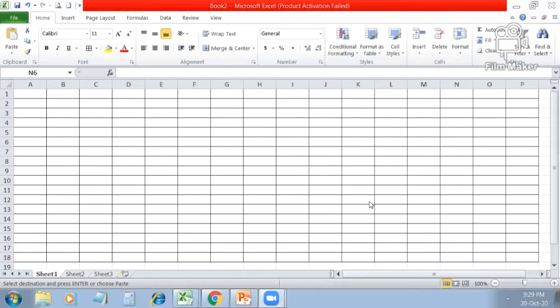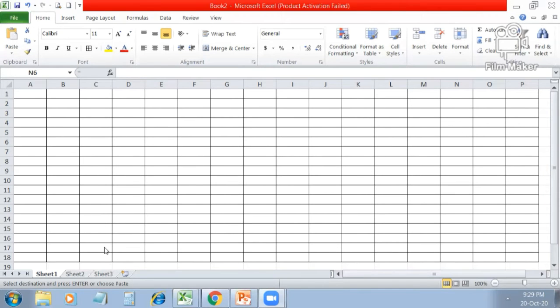Children, in this class, we will revise chapter number 7, Introducing MS Office Excel. Before starting this revision class, let me tell you something about MS Office Excel. As you know, Microsoft Office Excel is an electronic spreadsheet that runs on a personal computer. Now I'm going to tell you what is an electronic spreadsheet. Electronic spreadsheets are computer programs used to perform numeric calculations easily.